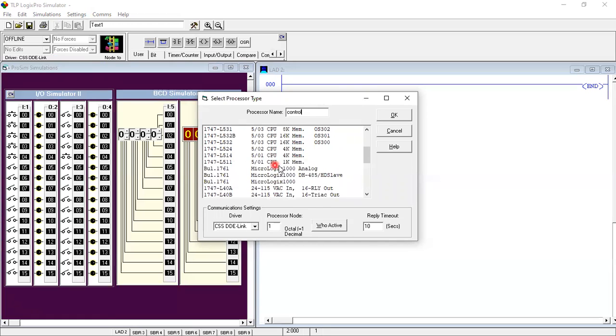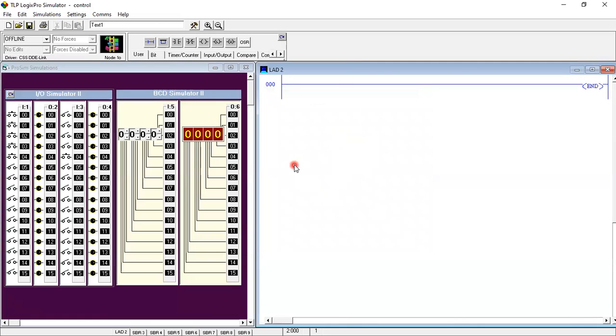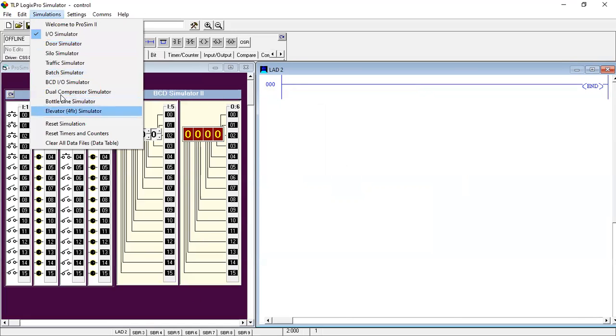Simply we can take this MicroLogix 1000, and after double-clicking, it will open like this. You can change the simulation panel from these simulations. These are the exercises.